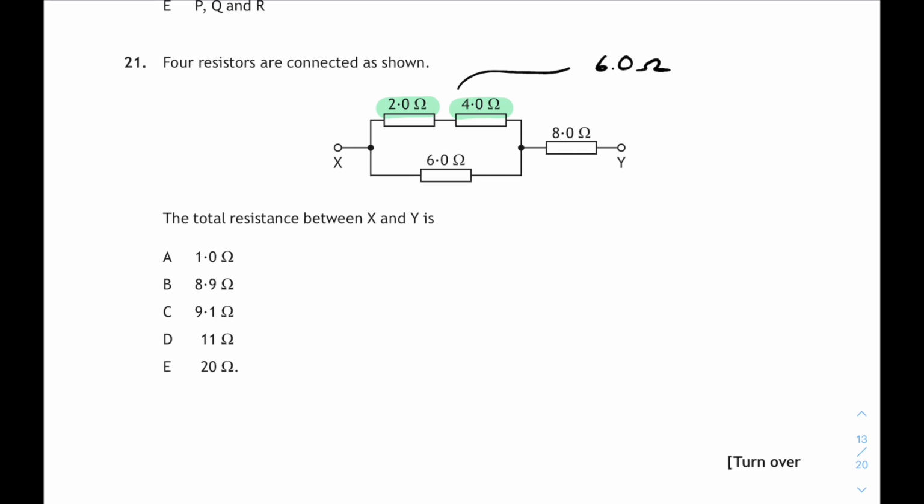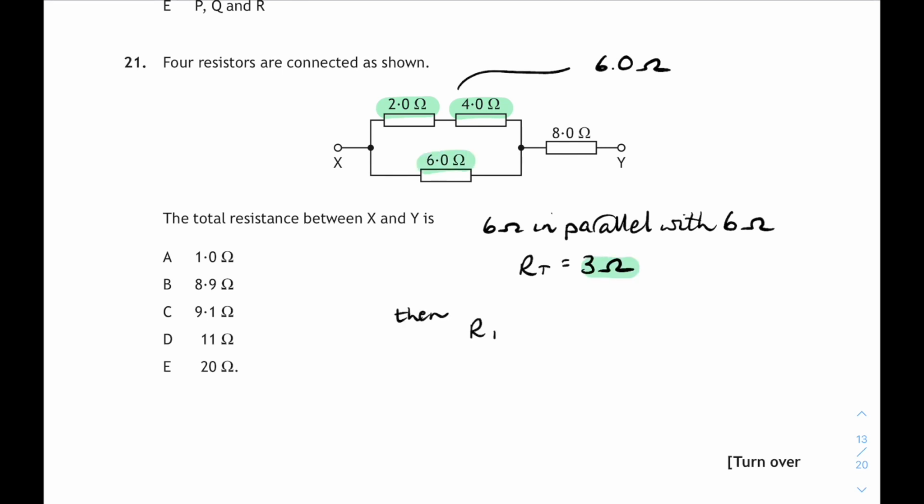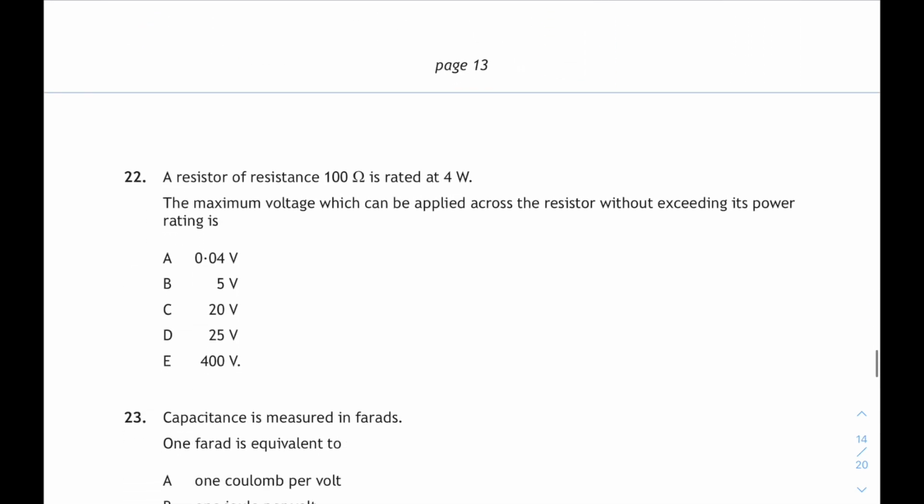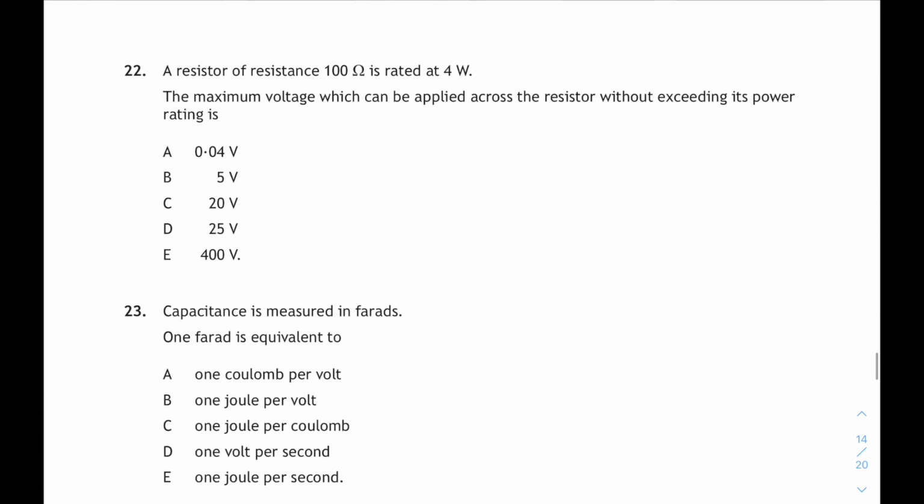Then that's 6 ohms in parallel with another 6 ohms. Remember, if the 2 resistors are the same in parallel, the total is half of one of them. So that'll be 3 ohms. And then the 3 ohms added to the 8 ohm gives us a total of 11. National 5 question really there. 21D. Question 22. Another National 5 question really